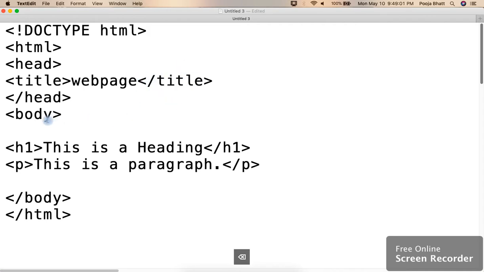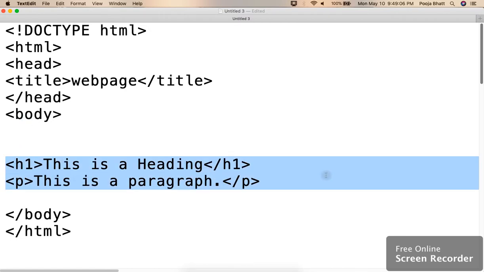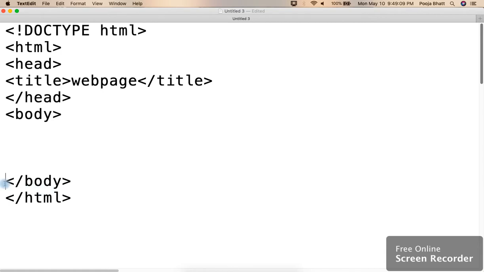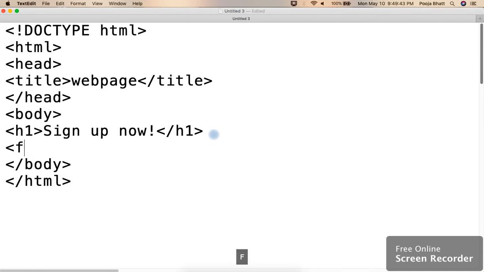Okay. Now, after body, we'll delete this heading and paragraph because we don't need it. After this, we'll write H1 sign up now. Okay, now H1 will be closed like this. Okay, after this form,